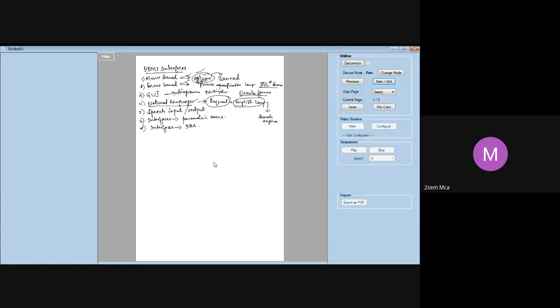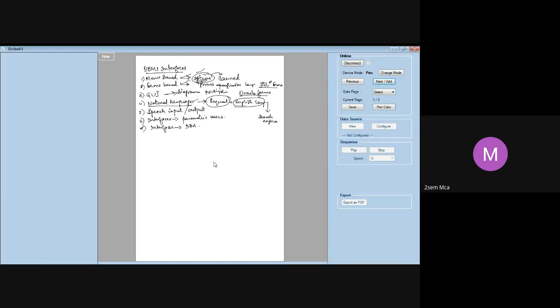Google is not wrong. Google is also right. But I thought Google would understand NBA as National Board of Accreditation, and it took it as National Basketball Association. So this kind of inconsistency and ambiguity will be there. Then I had to refine my query and give it in a different way. I had to give it as National Board of Accreditation. Then I could open up National Board of Accreditation. So that's how it is. It is not very easy to understand, and it is a little difficult.